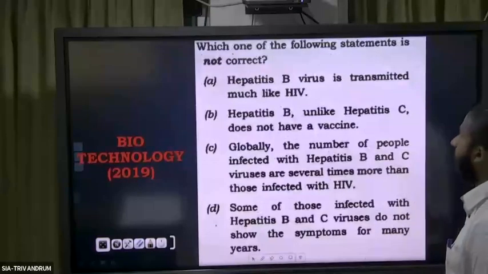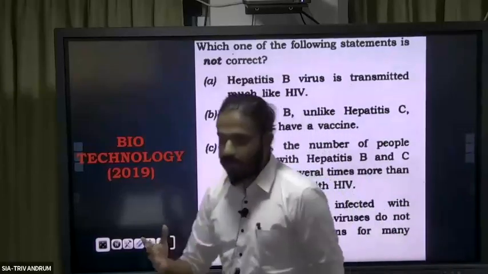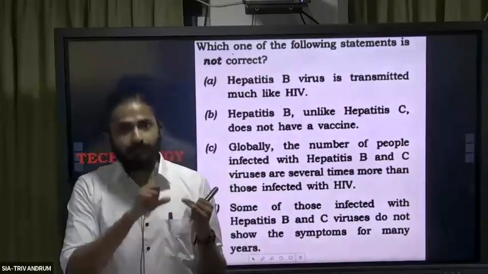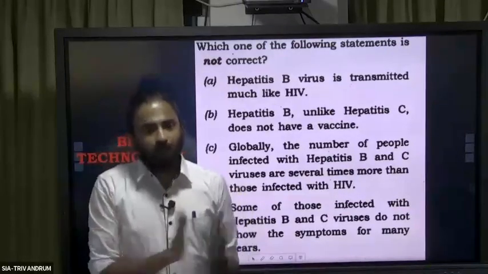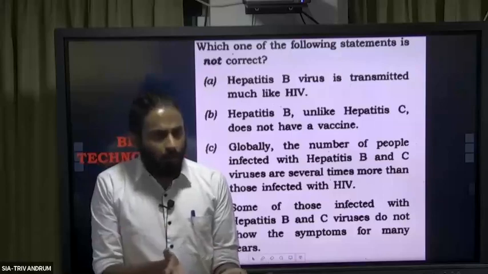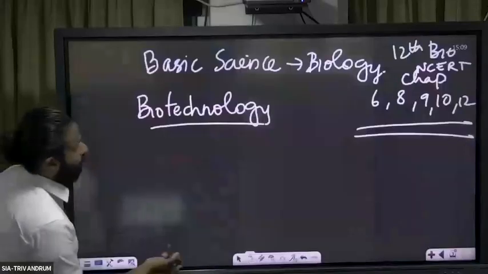Then again, disease. Disease is another area. UPSC has asked questions on Zika virus, Ebola, hepatitis, H1N1. All these diseases have been picked. So probably they might pick COVID this year or any other disease. There is a probability. So from biotechnology,